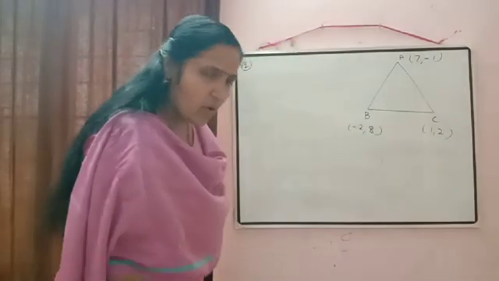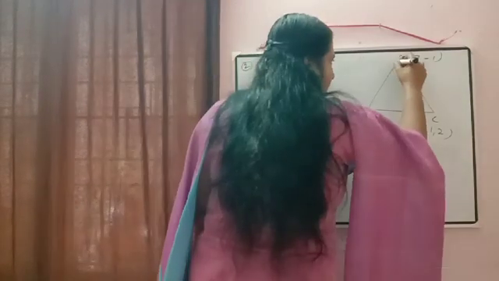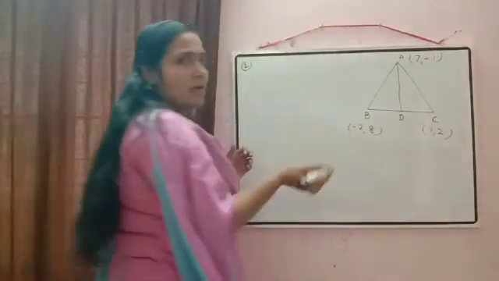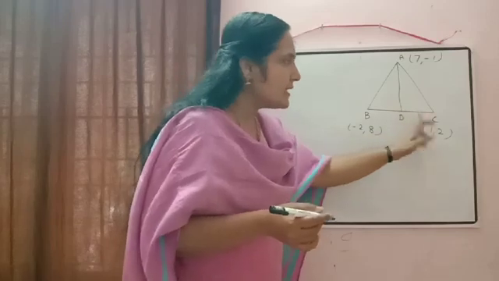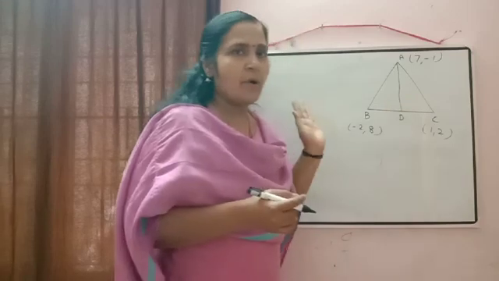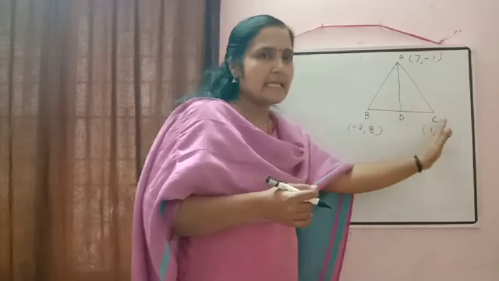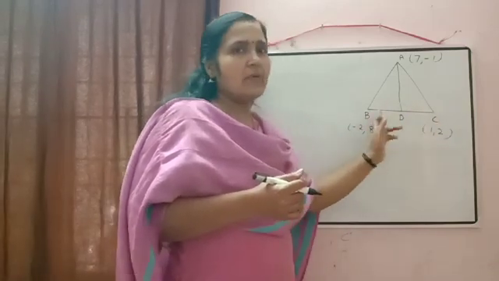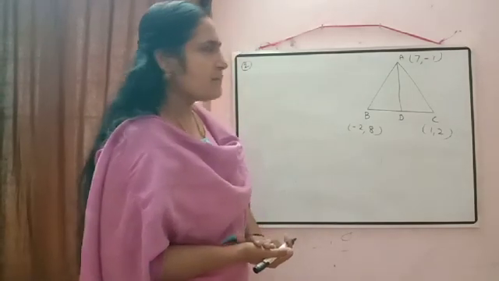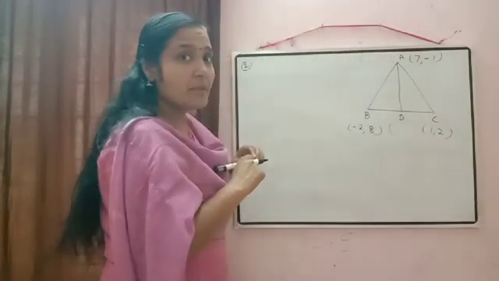Now what is the difference between altitude and median? Yes, if from the point A I draw a median to BC, then it divides BC into two equal parts, meaning BD is equal to DC, or we can say D is the midpoint of BC, correct? If it is the median, it will divide the line segment BC into two equal parts, which means D is the midpoint of BC. Okay. So can we calculate the coordinates of D using the concept of midpoint there?